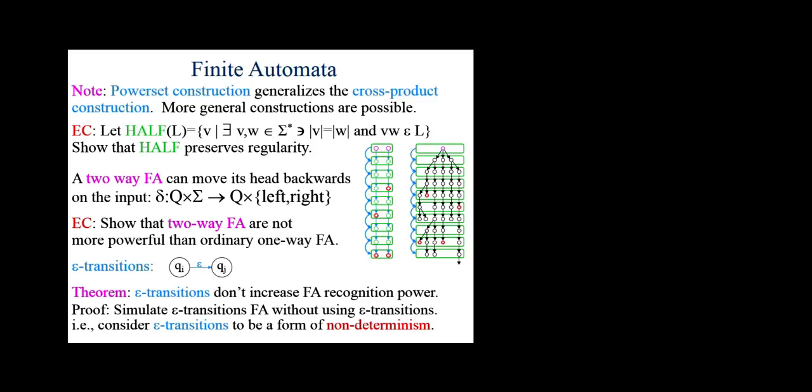So you go through the powerset construction, and if this was Qi and this was Qj, then you'd go there on an epsilon, and you may go other places on an epsilon, including yourself. So if you go from Qi to Qj on an epsilon, you also may stay on a Qi. So this will be Qi, this will be Qj, and this will also be Qi. And then you keep going through this construction, and you keep writing down all the subsets, and write the correct transitions that take you from a subset to a subset.